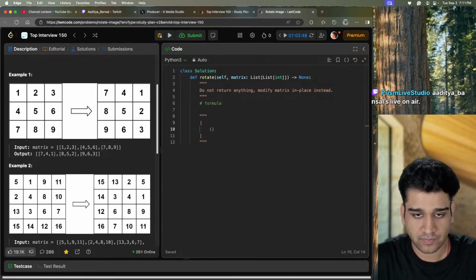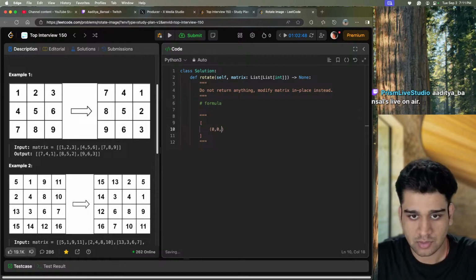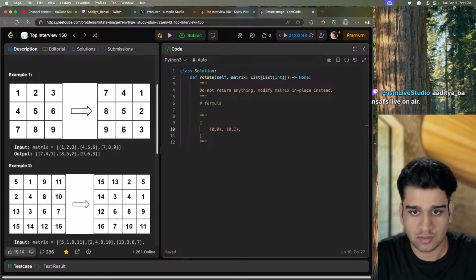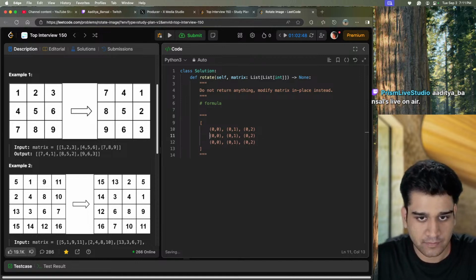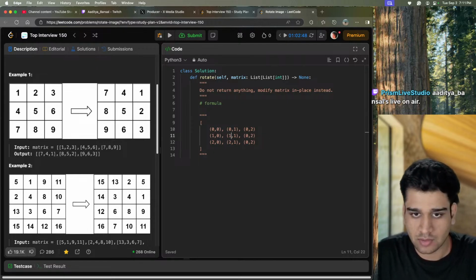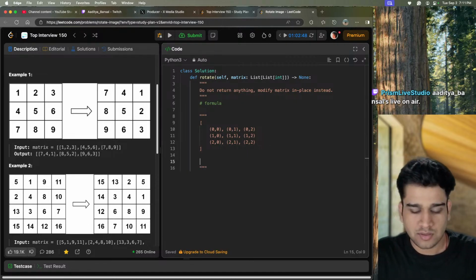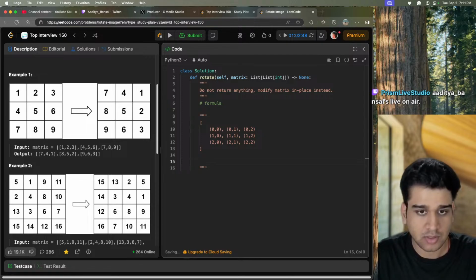So it's like 0,0, then 0,1, 0,2. I go 1,2, 1,2, and then 1 and 2. So this has to change into our new thing, which is